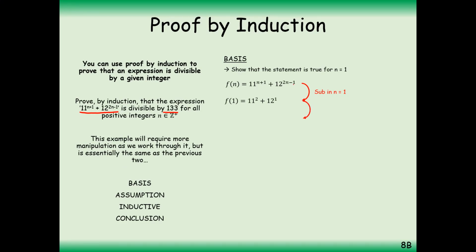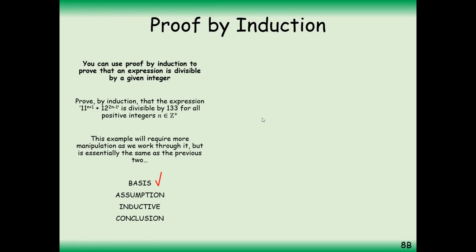Because we are going to take away 1 from 2, there is just a plus 12. So 121 plus 12 is exactly 133, and that is clearly divisible by 133 because it's times by 1. So now we are going to tick the basis step off, and we're going to go on to the assumption